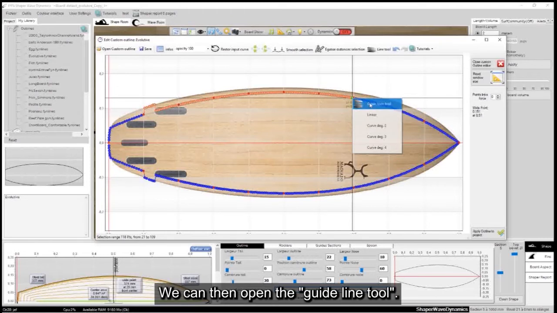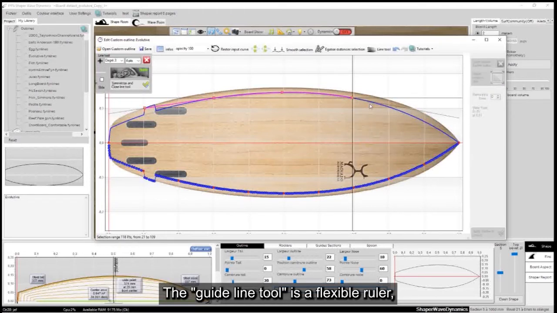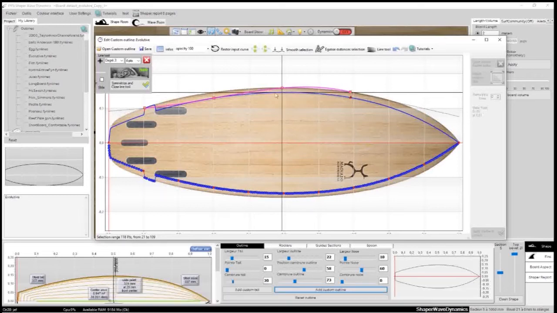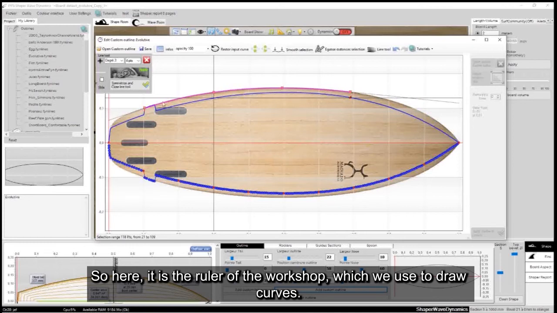We can then open the Guideline tool. The Guideline tool is a flexible ruler. We all have in the workshop a flexible ruler to draw curves. So here, it is the ruler of the workshop, which we use to draw curves.